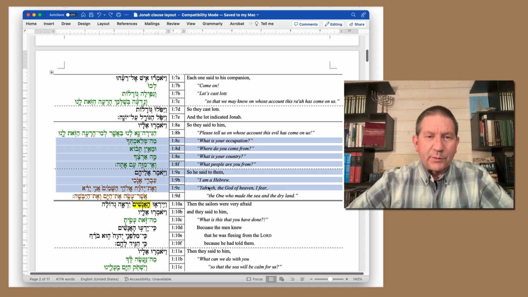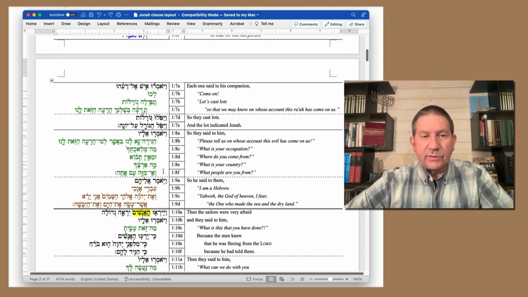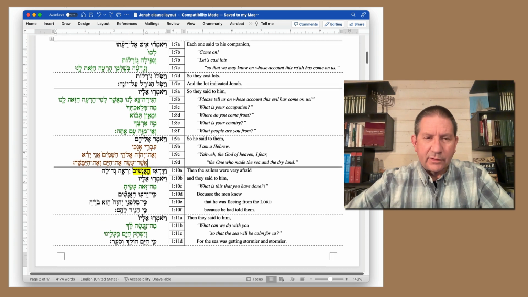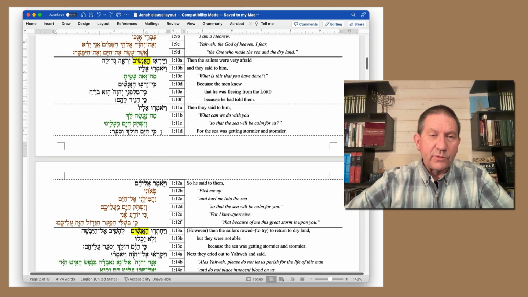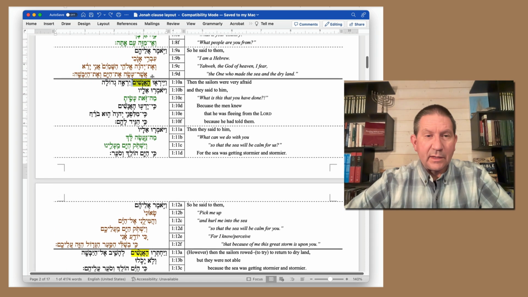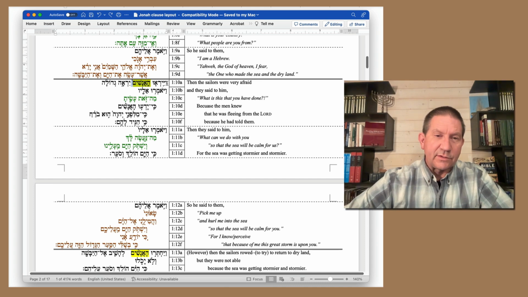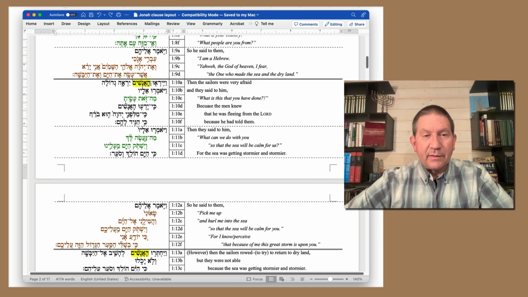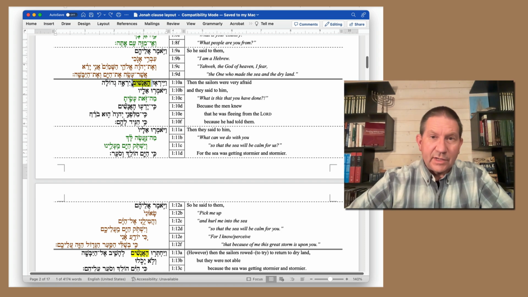But they're all wrapped around the response of these people to the storm. So we're going to keep all of those things together when we do our plot chart. At verse 10, we have what we call over-encoding. We know it's the sailors that would be speaking because Jonah spoke last. This is a plural verb. But the sailors, ha'anashim, the men, are explicitly stated, and that's one of the syntactical techniques for indicating the beginning